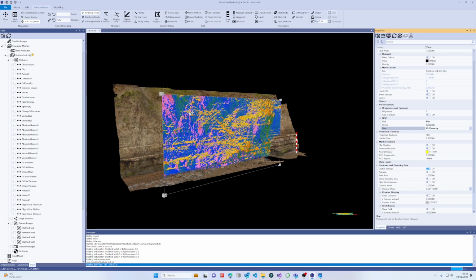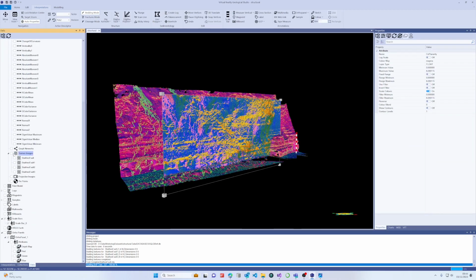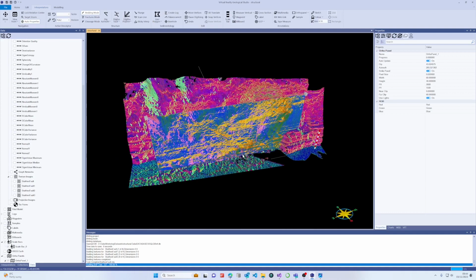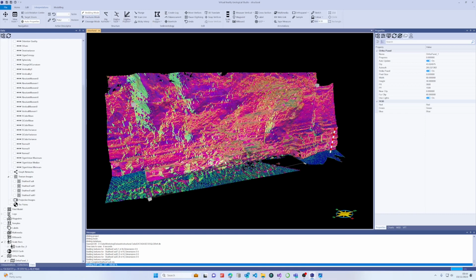And it's just rebuilding the mesh now with the new attribute. And I have to, in the properties here, switch off the texture map so we can see the RGB colored vertices using our false color image,